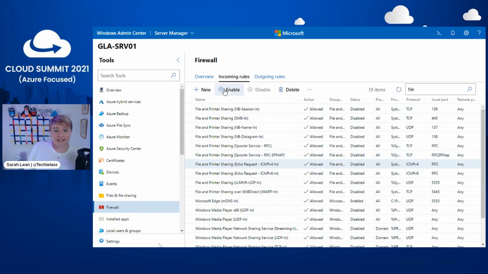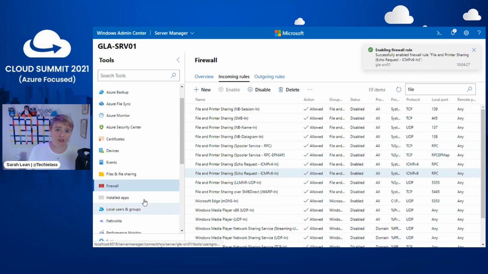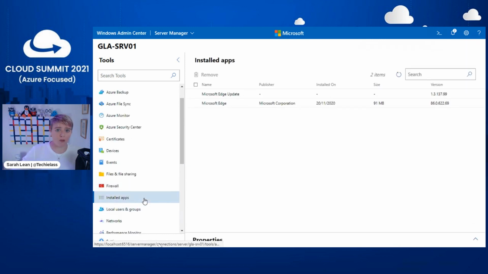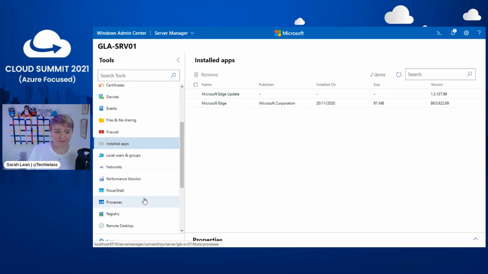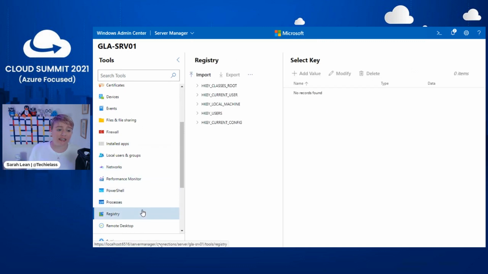So I find them in my list and I click on enable, and it's as simple as that. Obviously, I make sure that I have the right change controls within my environment to be able to change this within my firewall. But you can see I can interact with that server quite easily. I don't have to go and look at the server itself. I don't have to open up a different management portal. But you can see I have lots of different options here down the left-hand side